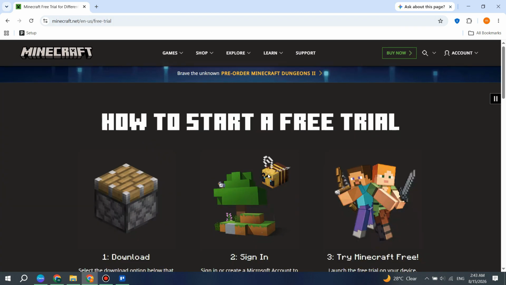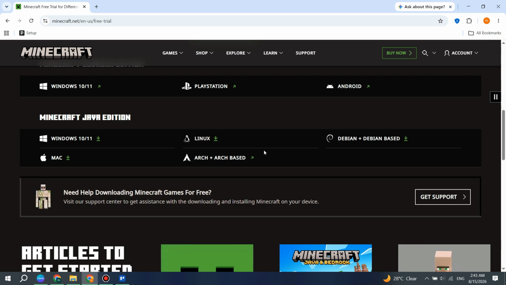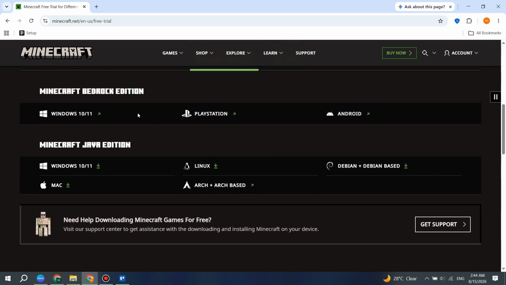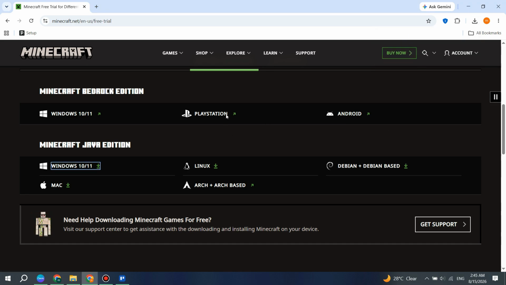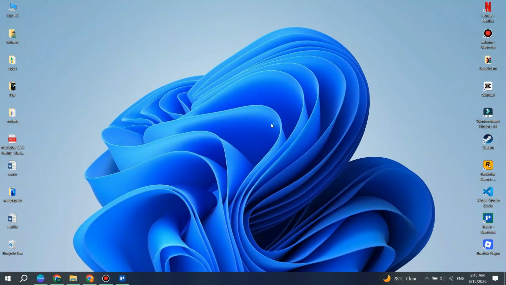Once you're on the official website, look for the download options and select your operating system. If you're using Windows 10 or Windows 11, choose the Windows version and download the official Minecraft launcher. Once the download is complete, open the downloaded file and follow the on-screen instructions to install the Minecraft launcher on